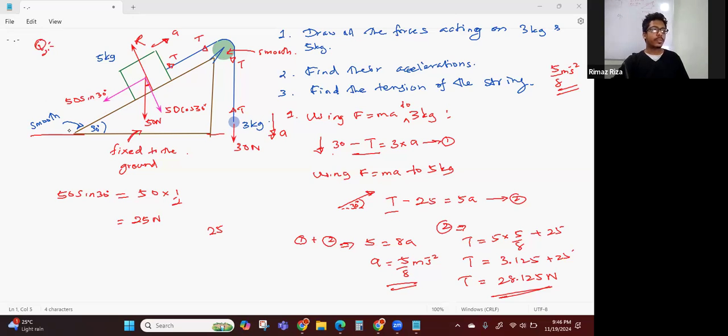Okay, so now I'm going to modify this question and give it as question number 2. So that modification is I take this plane as rough. Now friction is there, rough, and then I take the static friction coefficient mu s as